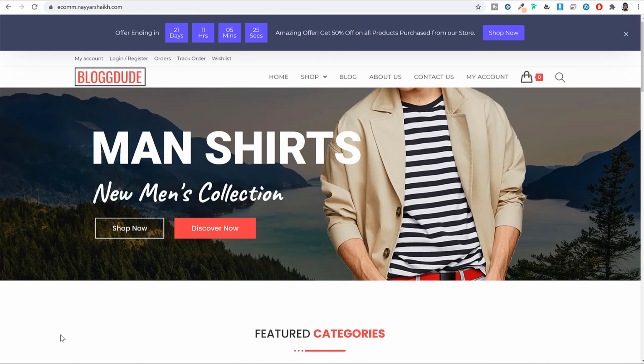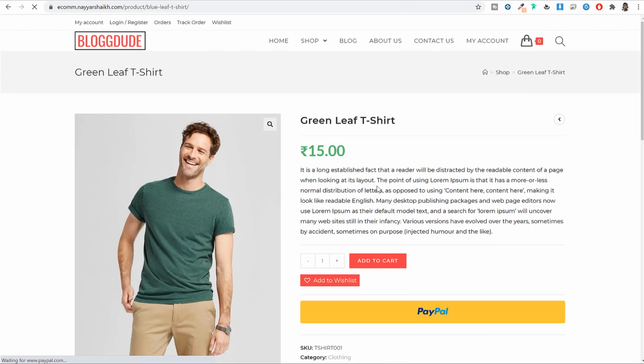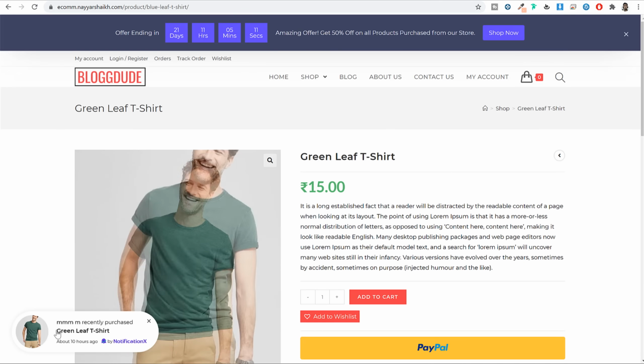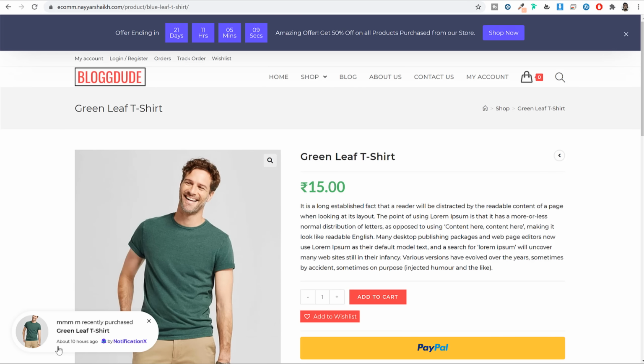If you click on this, you will be redirected to that particular product. As you can see, when I click on this, I am redirected to this product. And again, it will keep on displaying different customers who purchased these products or different types of products from different places at different times. You can also create these at the top. As you can see, I've created this top bar at the top of this website. You can also obviously display this bar at the bottom of your website.